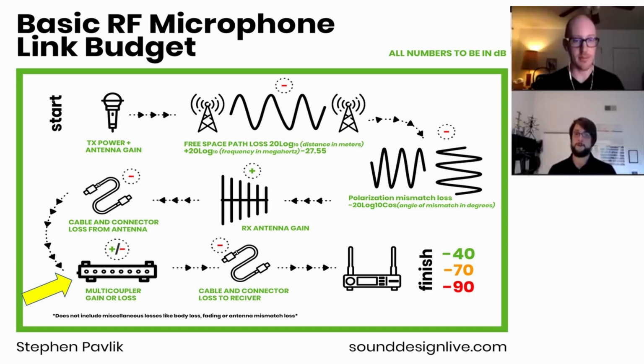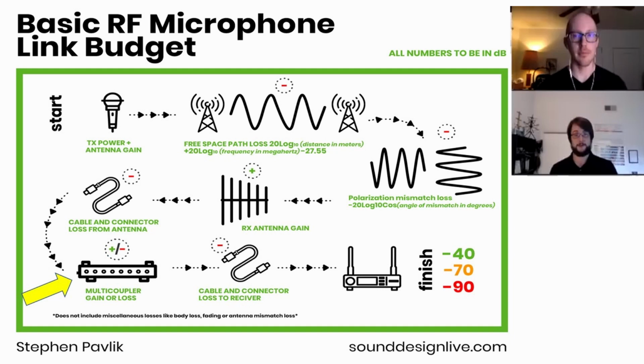Multicoupler is a generic term because it could be input or output. So the distro is what we're familiar with, which is going to be our splitter, but it's generally referring to an active splitter. So in this sense, because we're talking about a microphone, it would be a distro or active splitter. So we have one cable coming in from the antenna, and that cable is split out to maybe 4